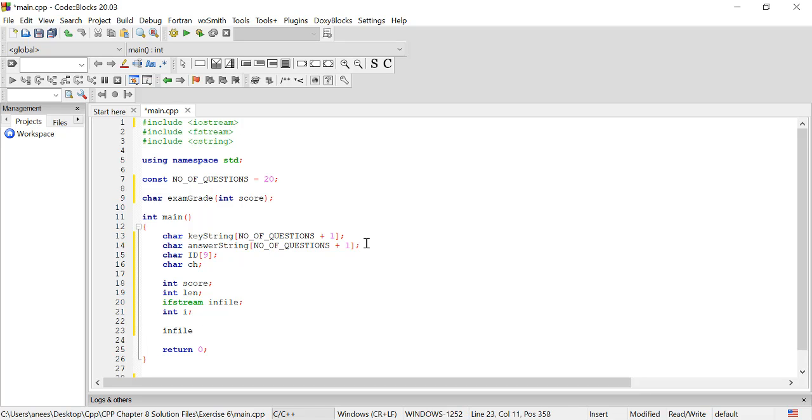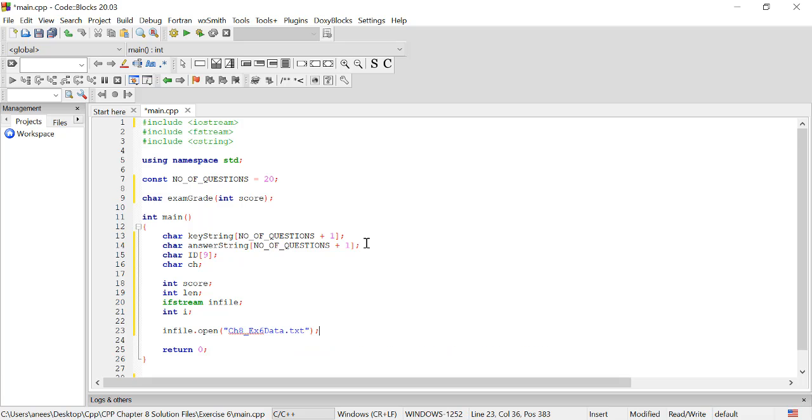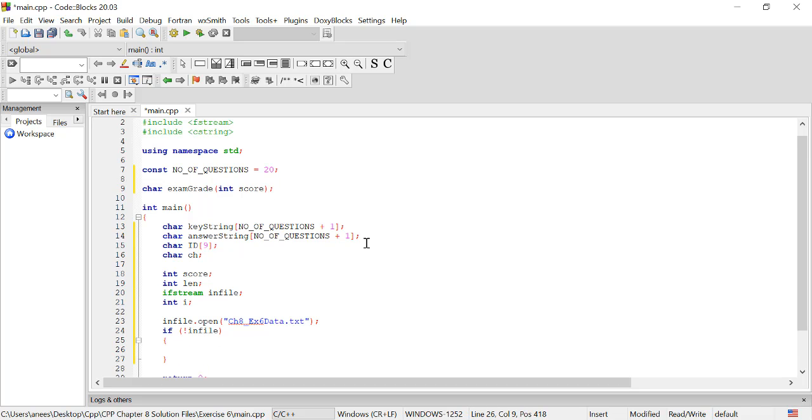Now in file dot open whatever file that you are using. The file that I'm using is this. Make sure you just put whatever file you are using. Chances are you already know how to do this, because you've already done this a good amount of times before. Anyways, after you do that, you write in if in file. If we were not able to open in file, then